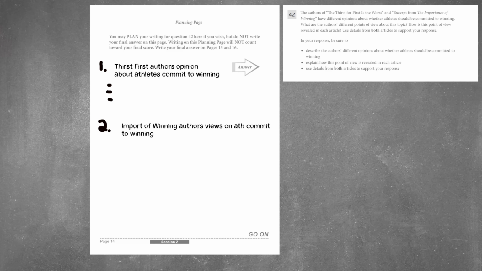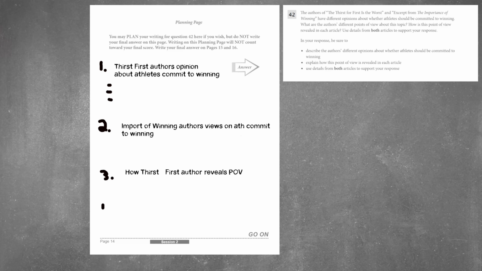The next bullet point sets forth, explain how this point of view is revealed in each article. They're referring to the point of view of each author, and that means we have 2 more questions. Leave space underneath, 3, and then how Thirst First author reveals point of view.